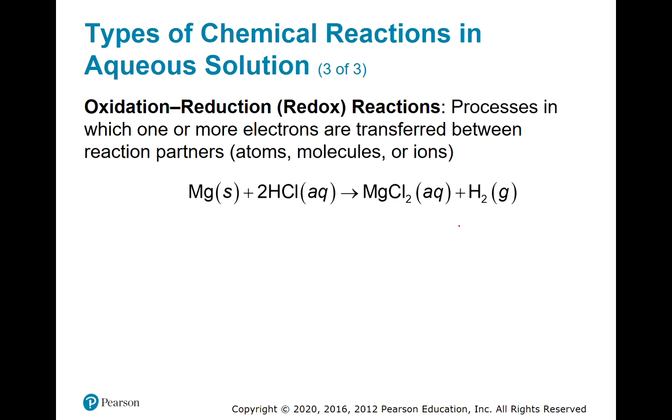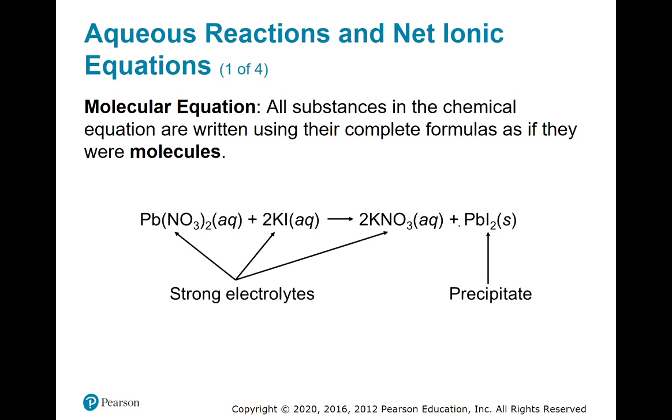Now, the scope of oxidation reduction reactions is a lot larger than that, and without getting into more details, which is something we're going to do at the end of this chapter, it's not necessarily that easy to identify if something is a redox reaction. So we'll talk later on about how you can actually determine if a redox reaction is occurring based on certain parameters. As we've seen on the previous slides, you can represent a chemical reaction in aqueous solution,